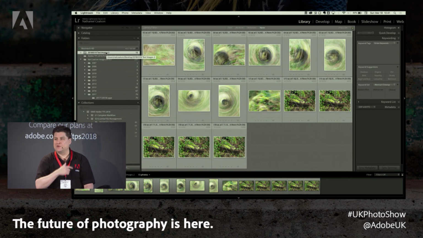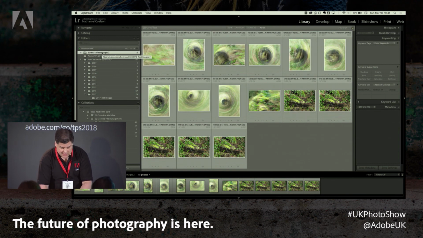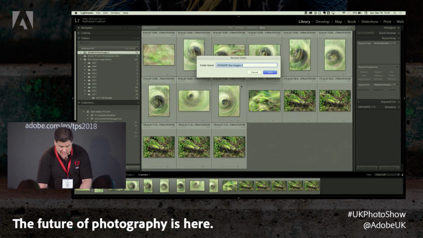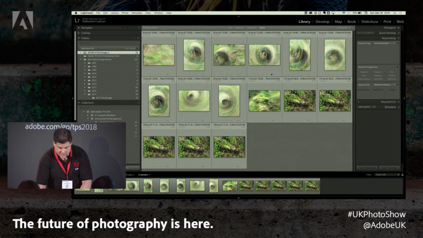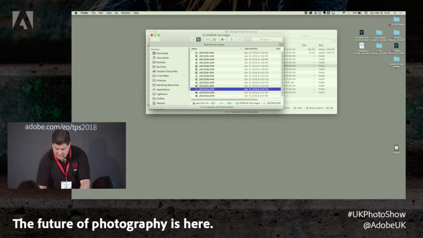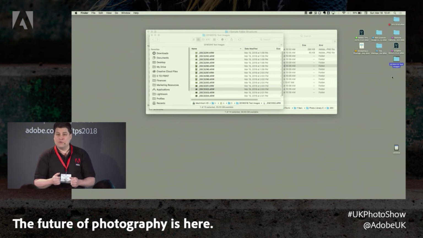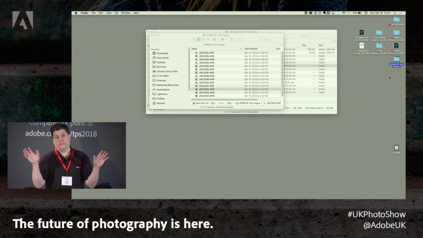It's just that the reverse is not true, okay? So if I want to rename this folder back to just test images, I can right-click on it, click Rename, and just take off that 2. Click Save, and now we go back and look on the desktop, and sure enough, it's been renamed. So Lightroom can do all these things for you, but if you do it outside of Lightroom, it gets very